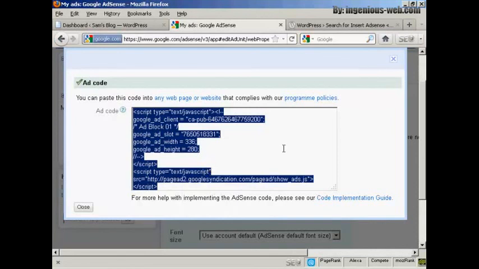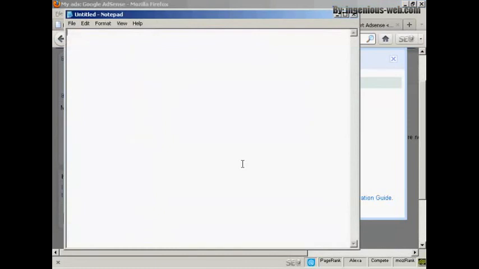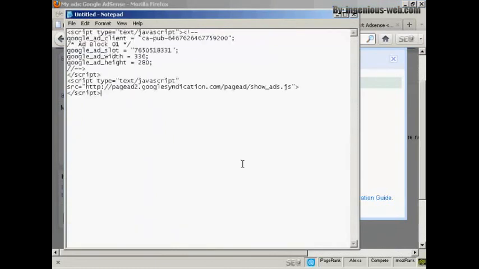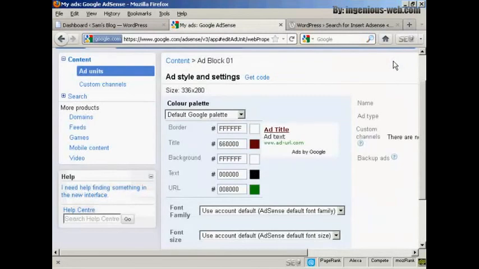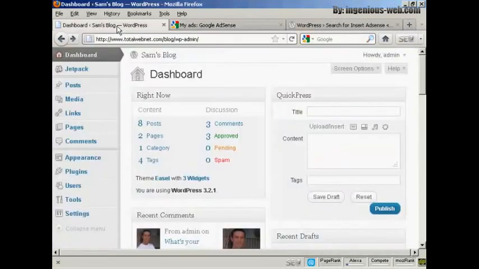copy all of that, highlight it, right click on my PC and select copy, copy that to my computer's clipboard, and now I'm going to paste that into a notepad file so that I can save it onto my computer's hard drive. So just open up Notepad and then paste that in, and then I can save that to my desktop. Okay, I'm all done here, so I can close that,